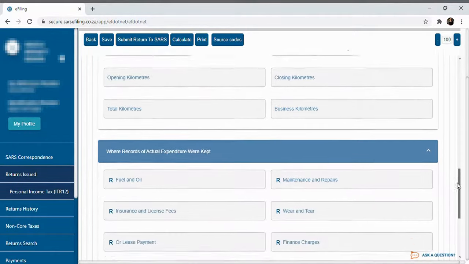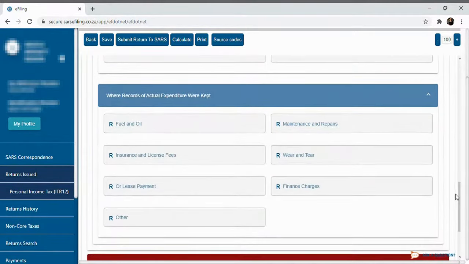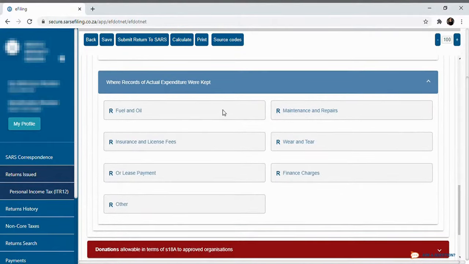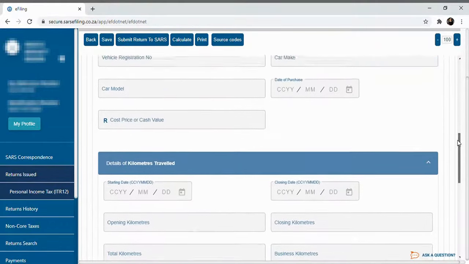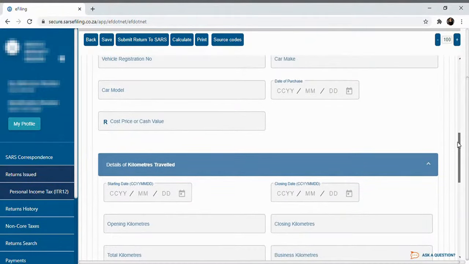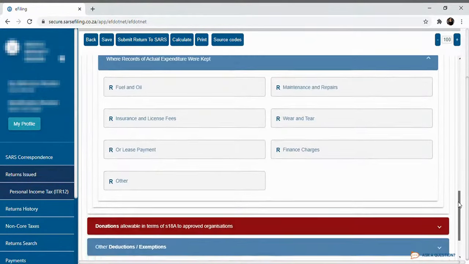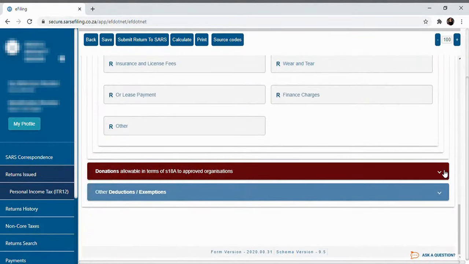And also, if you kept a logbook, some people also keep a record of what they spend on fuel and oil. Those monies you would write in here, and all these other things if there's a record of that. This part is not really compulsory. The one that is very compulsory and that could make or break you is definitely these kilometers. Okay, so the last one for me is